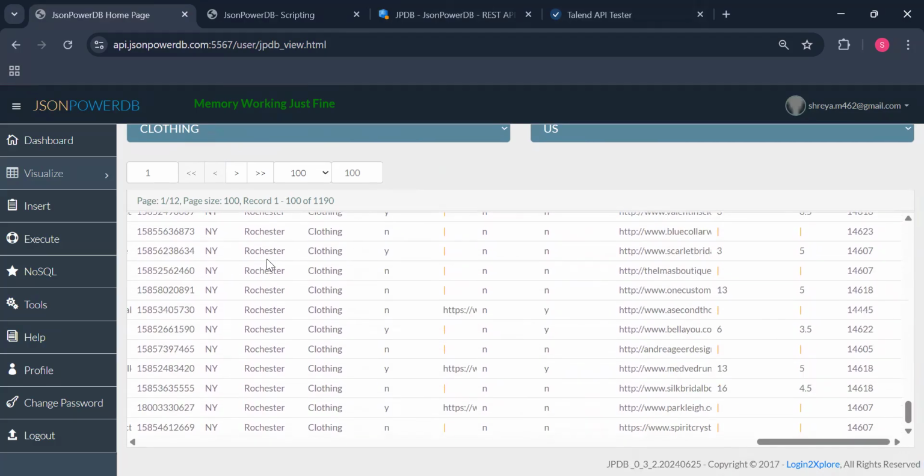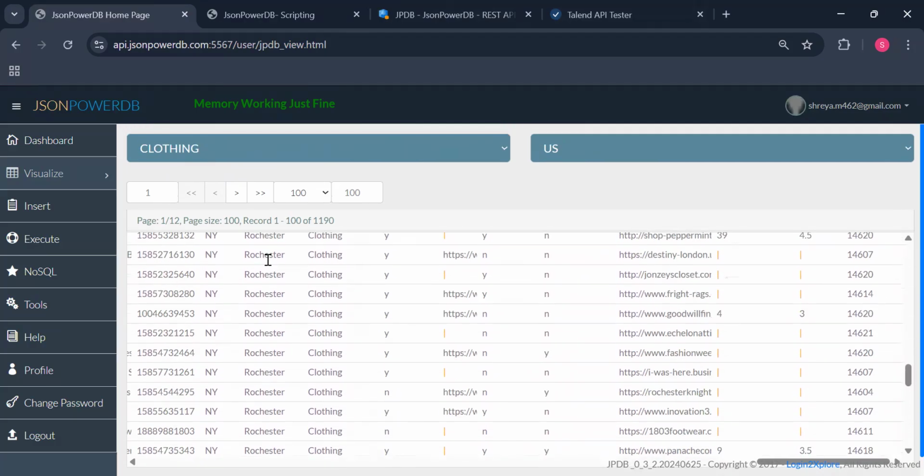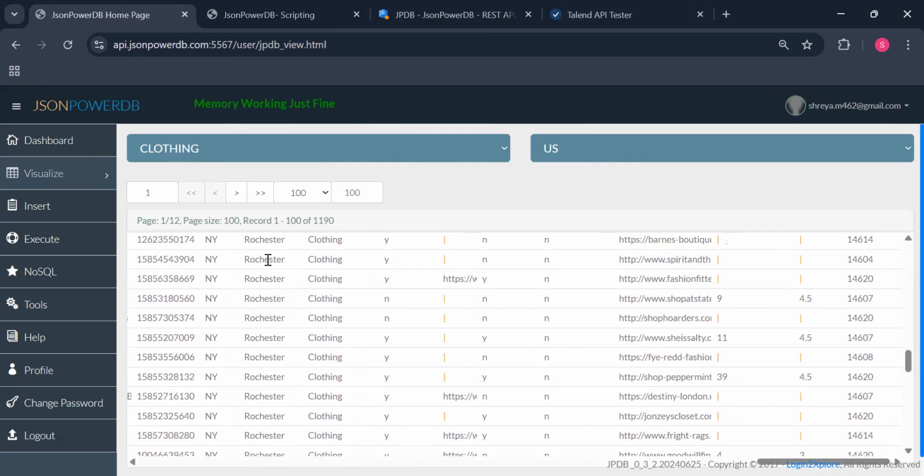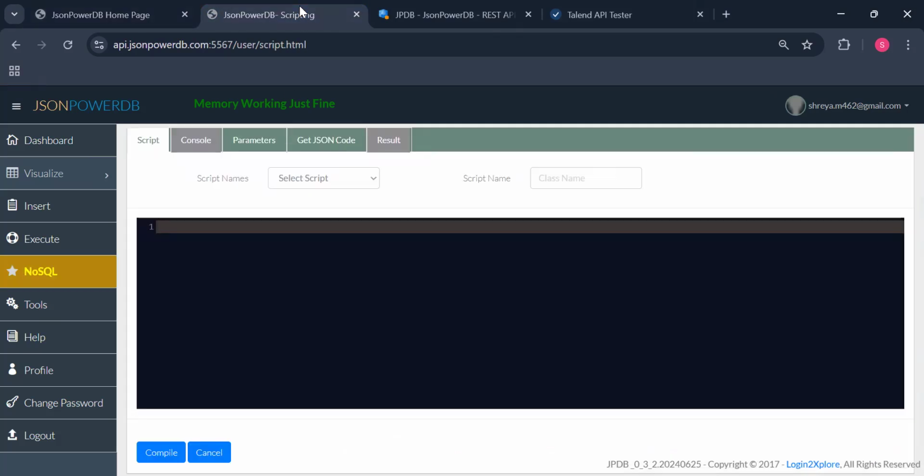You can see that many records will have the same value of city. What I want is a query that will give me all the distinct cities in this data set. I will show you how you can create a NoSQL script for this and how you can use the script to query your database. The first thing you will have to do is go to your user dashboard in the NoSQL tab,